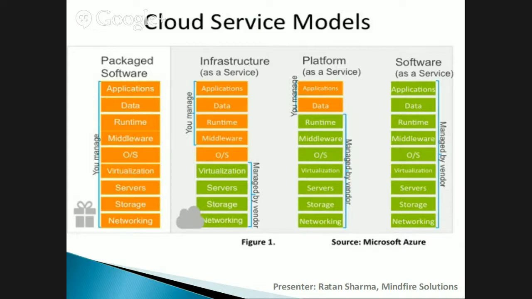And for platform as a service, Windows Azure is an example. In infrastructure as a service, Azure gives some part of it, but Amazon gives heavily on that. You can get the instances, you can get the storage services of its own, the S3 service that we call. These are all infrastructure as a service.